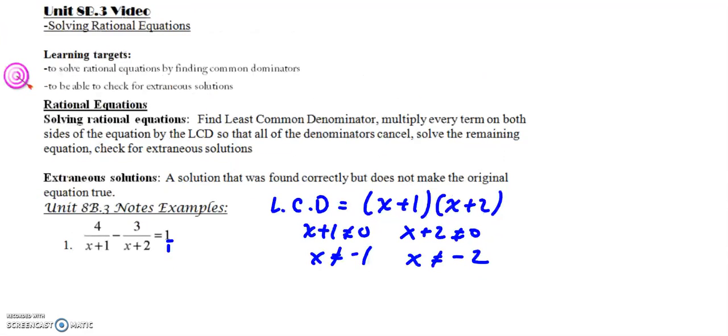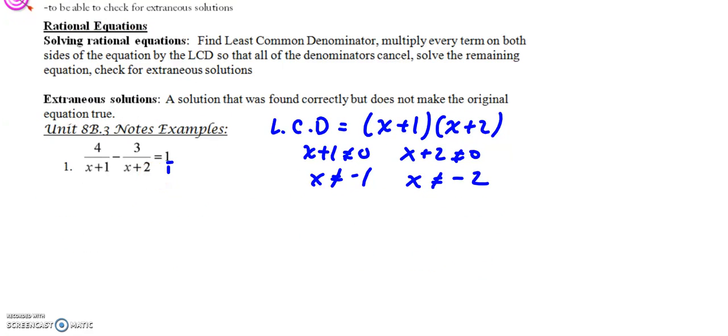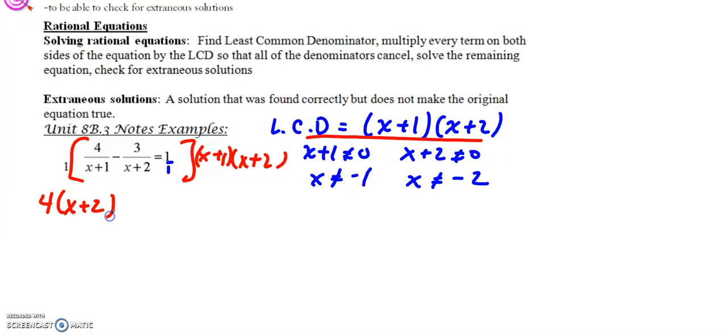If I looked back at the original equation here, then what I would do first is multiply the entire thing by the common denominator, which is x plus 1 and x plus 2. So think about what each fraction needs. This first one has the x plus 1, and so what this 4 is going to need to get the whole common denominator is the x plus 2. So we'd have 4 times x plus 2 minus 3. Now this fraction has the x plus 2, so it's going to need the x plus 1, equals 1. This does not have either of the common denominator pieces, so it's going to need both x plus 1